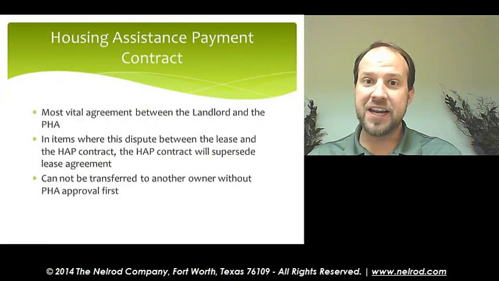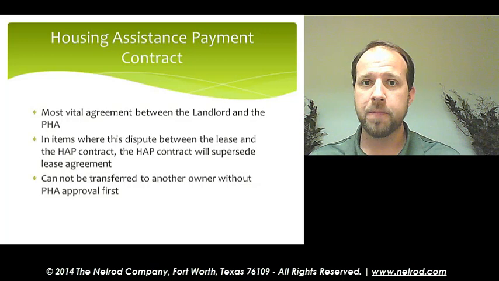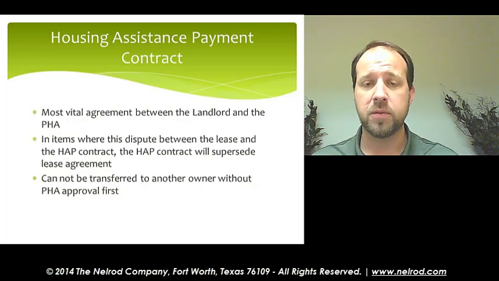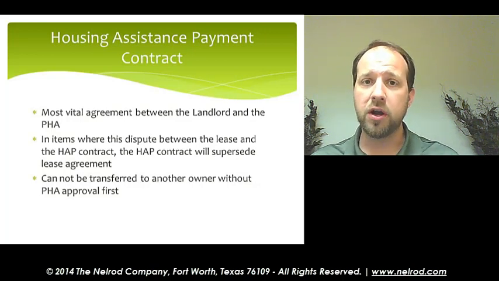And last but not least, we are back to this Housing Assistance Payments Contract, or the HAP contract, which ultimately results in HAP payments that are going to be coming to you on a monthly basis. A couple of things to identify here is that, as we've stated a few times, this is the most vital document of the relationship we're talking about. And it does put the requirement not only on you, but the financial obligation on the agency to ensure that those funds that have been calculated for your assistance are being delivered to you on a monthly basis in a timely manner.